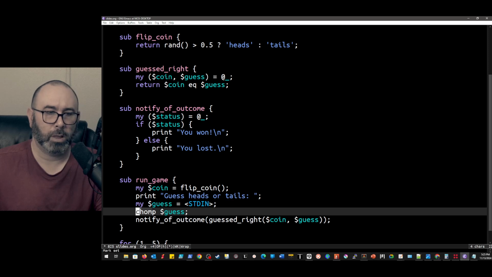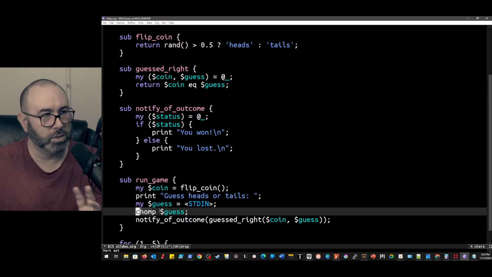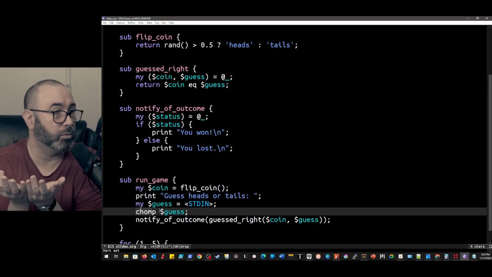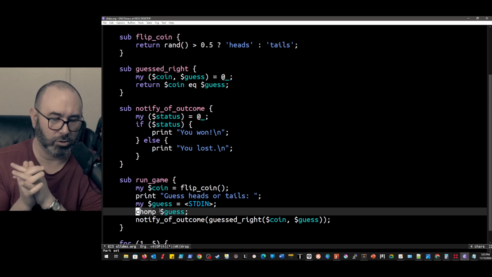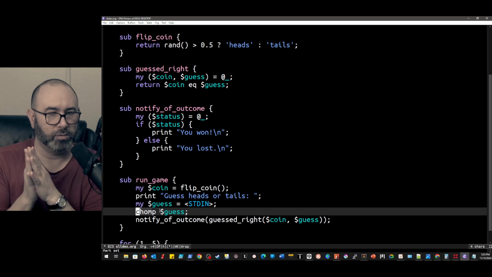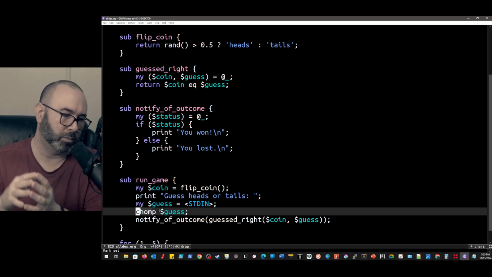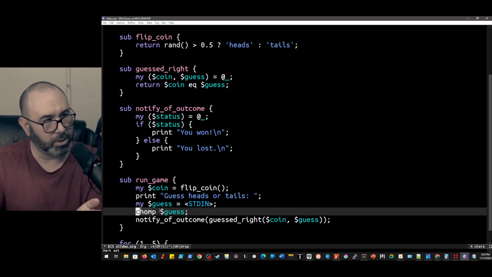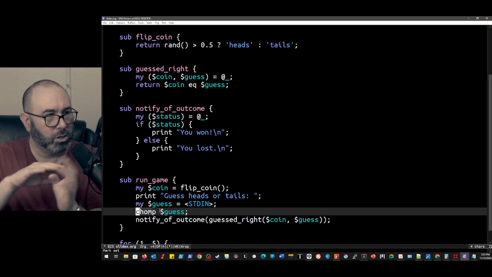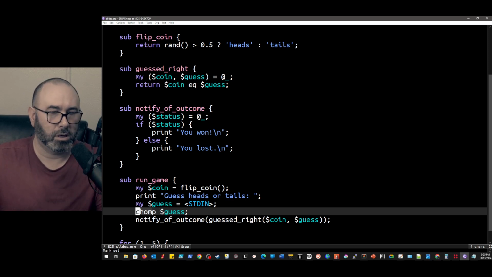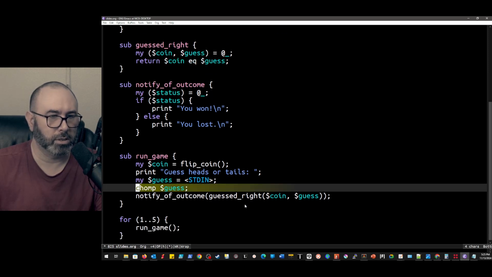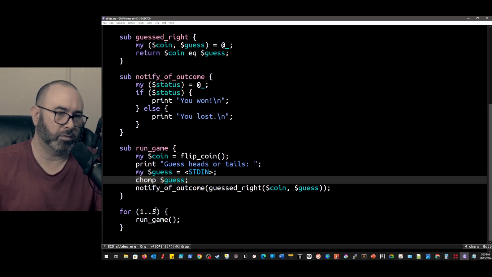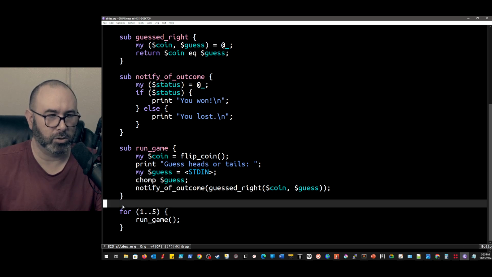So we have chomp. Chomp is a function that basically removes any of the end-of-line stuff that you would normally have. So if this is a Windows system and we have a carriage return, it'll remove the carriage return. If this is a Unix system and it's got a new line or a bunch of white space we don't care about, it'll just clean it up. So just chomp it off and give me the stuff I care about, which is a built-in, which is nice. And then in this case, we're going to go for 5 guesses, where actually this is basically going to be your main logic, right?